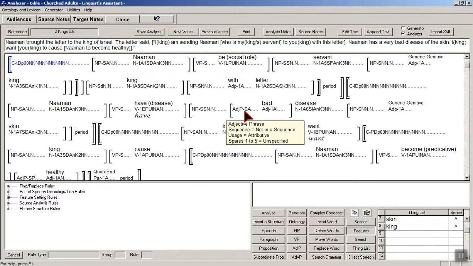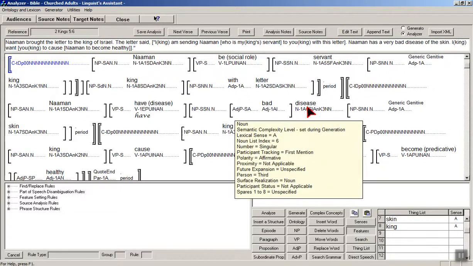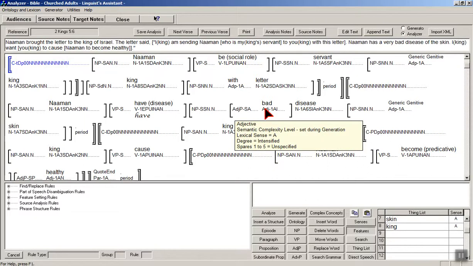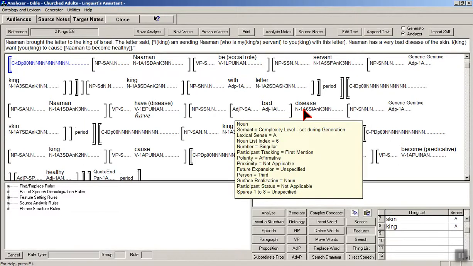If you say the disease is bad, then bad is used as a predicate of the verb to be. But here it's just a simple modifier in front of the disease, so it's attributive, and it's intensified, very bad disease